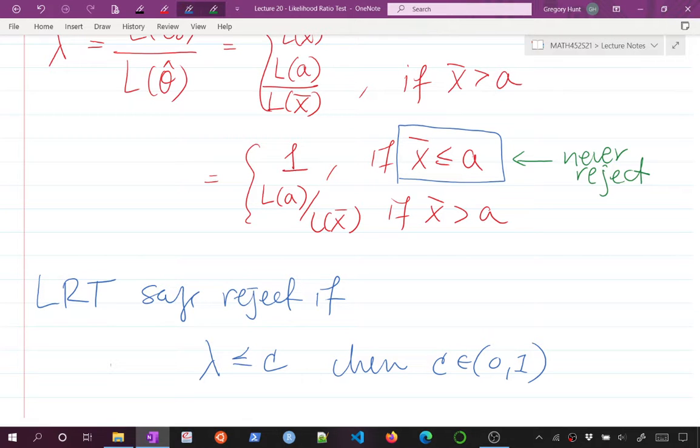In the other case, if x bar is bigger than A, now we have some evidence that maybe the overall mean is bigger than A, right? We don't know what the underlying true mean theta is. What we do is we collect some data and we calculate x bar, or we calculate our test statistic. And now if A is 5 and x bar is like 5.01, maybe that's enough to reject, maybe it's not. If it's 7, maybe that's a lot. If it's 30, maybe that's a huge difference and we definitely should reject. So we'll sometimes reject here,